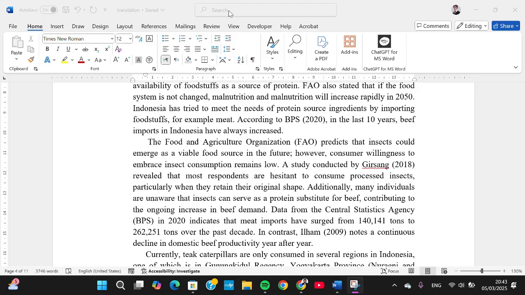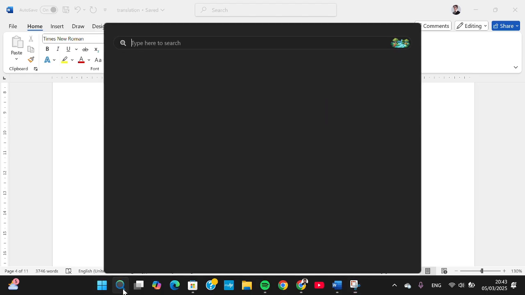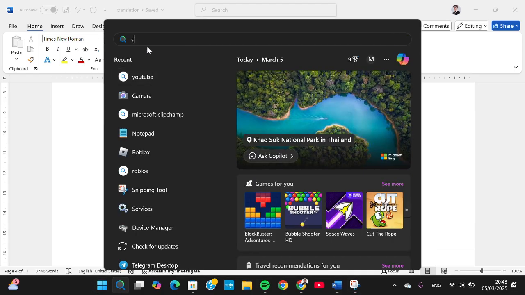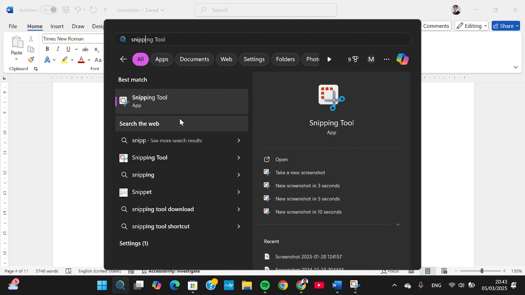I have opened my computer with Windows 11, and for example, I'm going to take a screenshot of this document. We can use Snipping Tool to take a screenshot. You can go to the search menu and then search for Snipping Tool. Usually the Snipping Tool application will be automatically installed on your Windows, so you just need to search for this